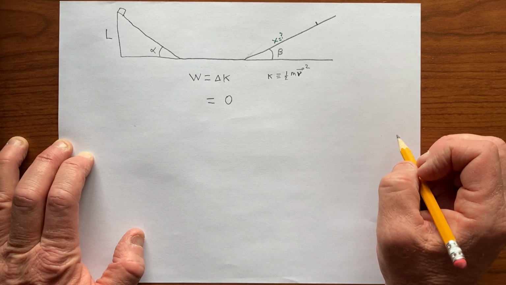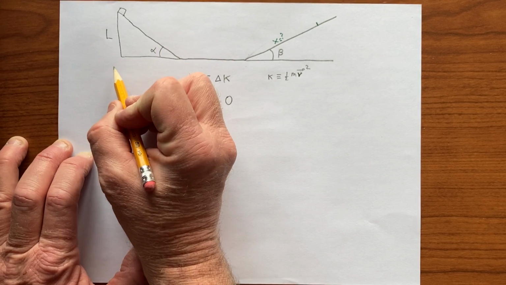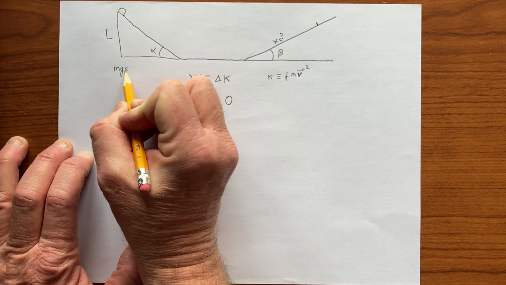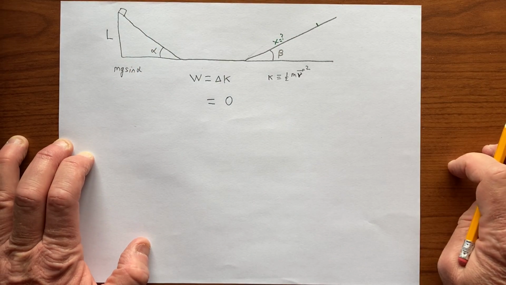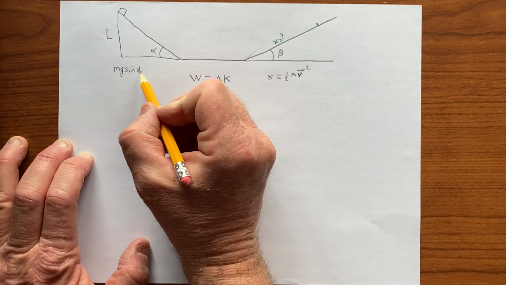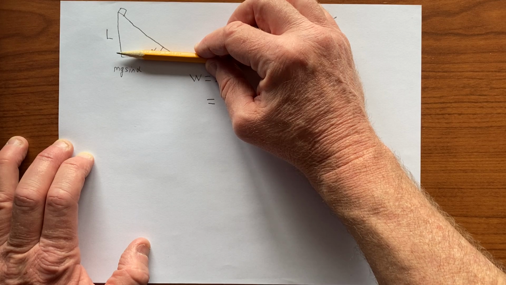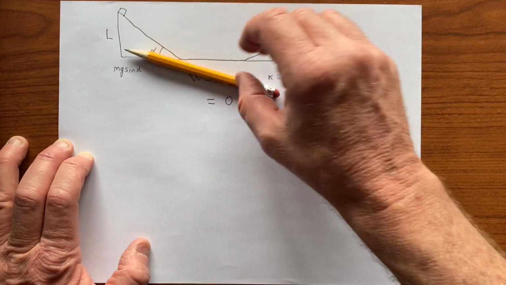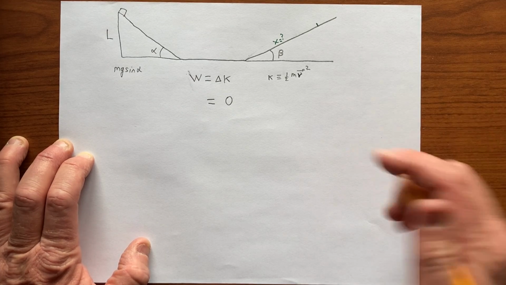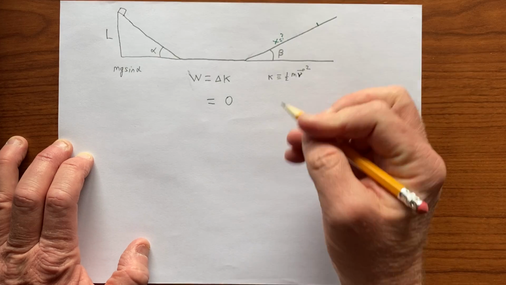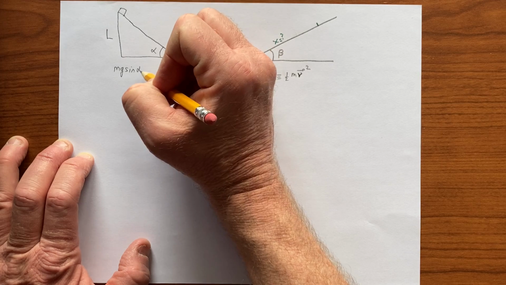So what we want to figure out is what is the force of gravity along the inclined plane, and that's mg sine of alpha. That must be the force of gravity down the inclined plane, because that's the quantity that goes to 0 if the inclined plane angle goes to 0, and the force along the inclined plane would have to go to 0 because it would be horizontal, and gravity is not a horizontal force. So that must be the form of the gravitational force, and the work done is this times the length, but